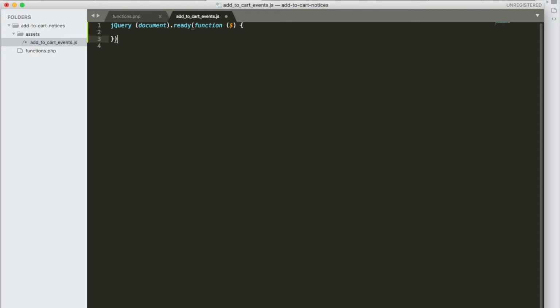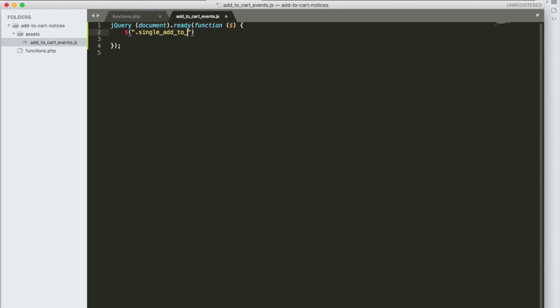I forgot a semicolon. There. Sorry. We're going to tell jQuery to look for that class that we just discussed a minute ago. So how you do that is you basically say: look for the class single